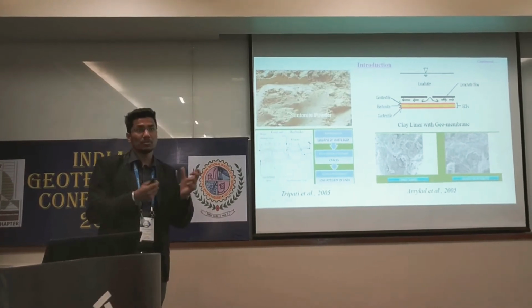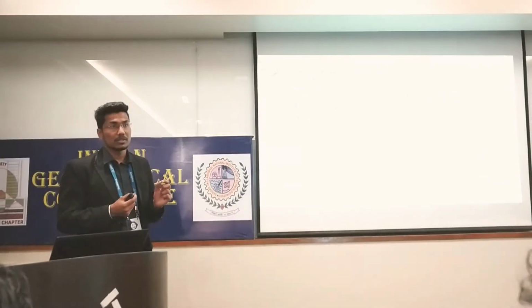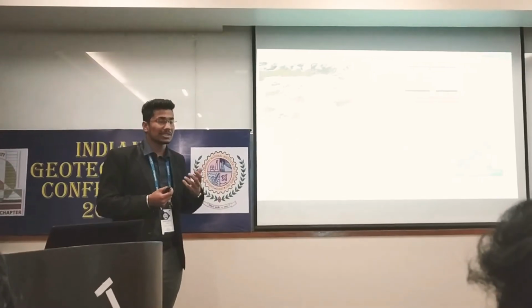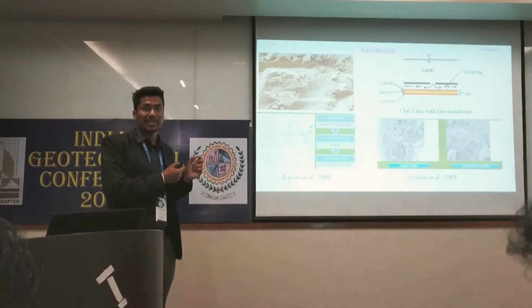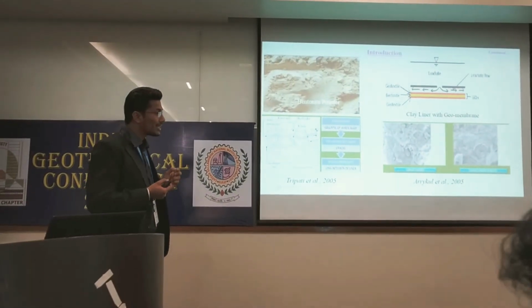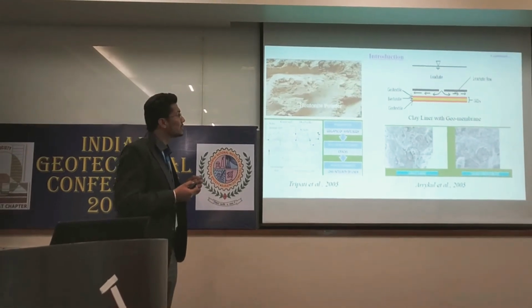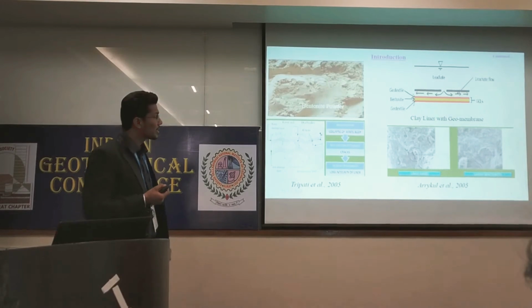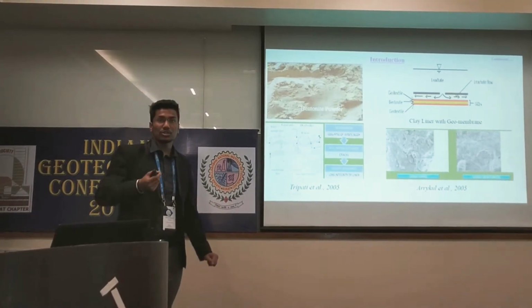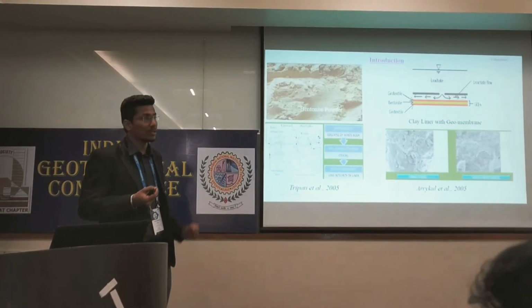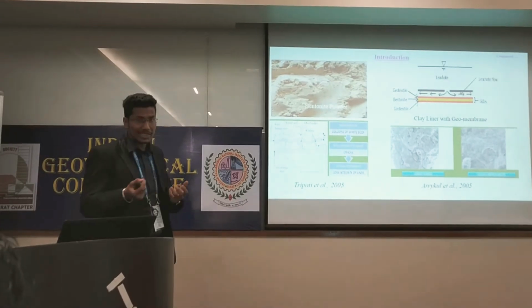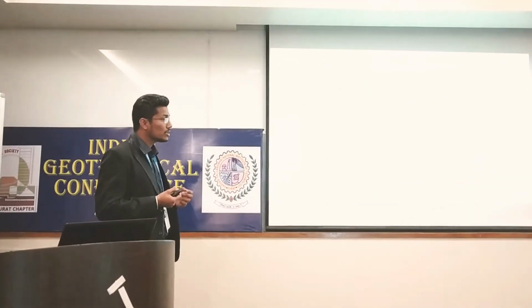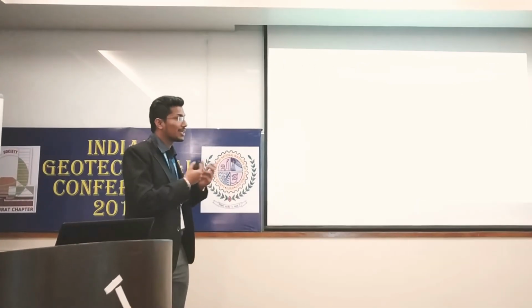Basically what happened, to prepare a secure landfill liner, we have to select a material which have a very low permeability. So the bentonite material which have a very low permeability, it should be less than 10⁻⁷ centimeter per second. But bentonite will also associate to some problems, like it has very low compressibility and high swelling as well as low shear strength. So we have to mix some granular material with bentonite to prepare a landfill liner.